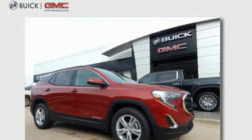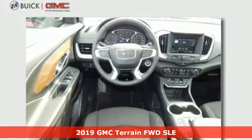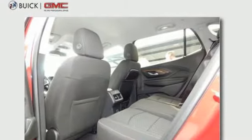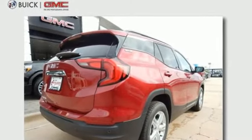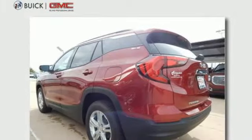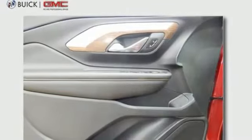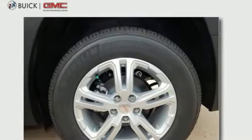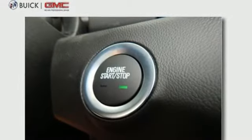It's a new 2019 GMC Terrain. This SUV will be the perfect fit for your family with power and efficiency and surprising cargo space. It's well equipped with the features you need: intercooled turbo inline 4-cylinder engine, dual zone climate control, streaming audio, rear parking sensors, front heated bucket seats, Wi-Fi hotspot, external memory control, active grille shutters, remote engine start, and power heated